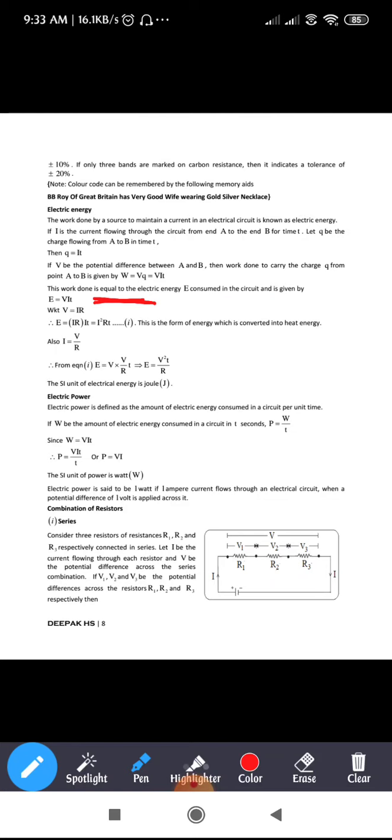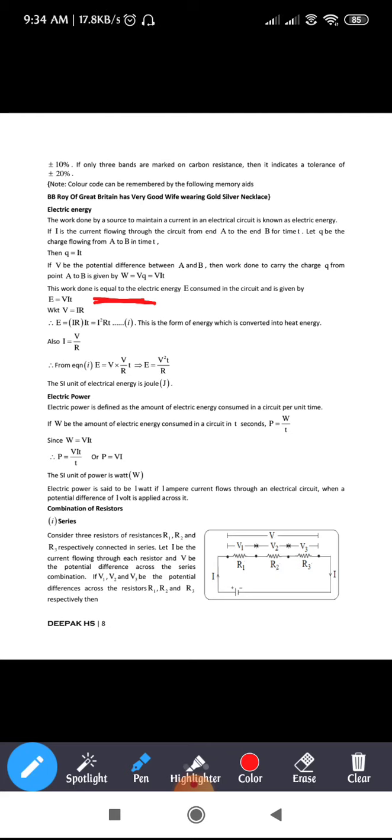Okay. So always you can see in electrical appliances, in the instruction manual itself, they will give what is the power consumed by that electrical appliance which you have purchased or brought. Okay. So that power consumption will always be calculated per unit time. So that itself we call electric power. The amount of electric energy consumed per unit time, we call that the power.